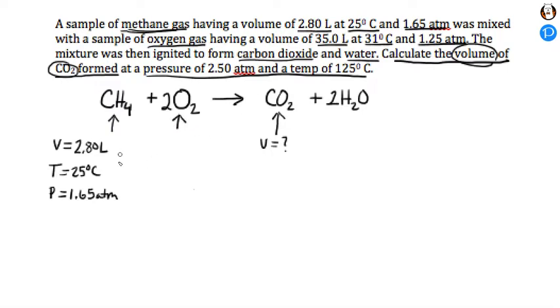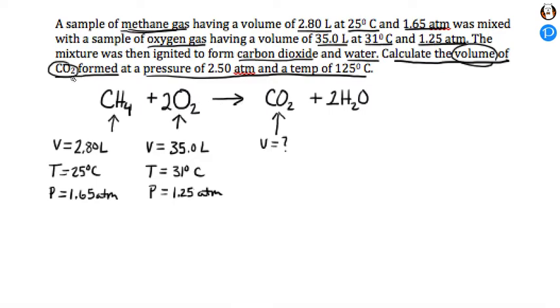They give us those parameters as well. They give us a volume. They tell us that the volume of the oxygen gas is 35.0 liters. They tell us the temperature is 31 degrees C, and a pressure of 1.25 atmospheres. They also tell us what the pressure and temperature of our CO2 gas is going to be,